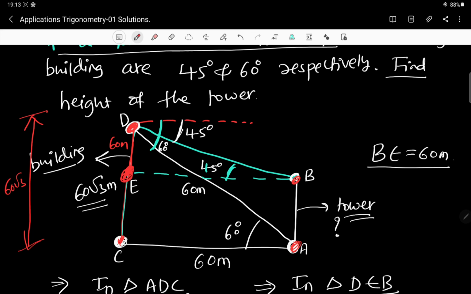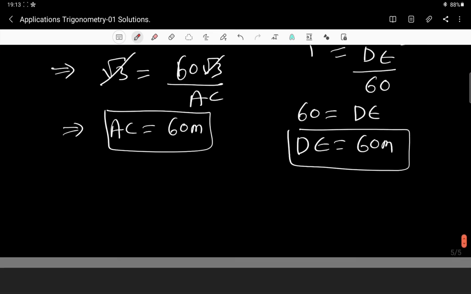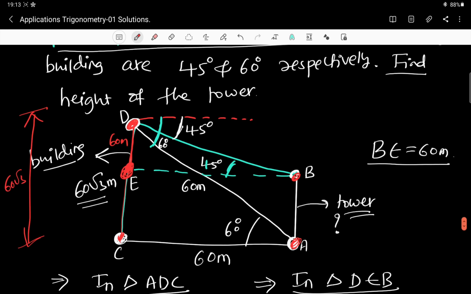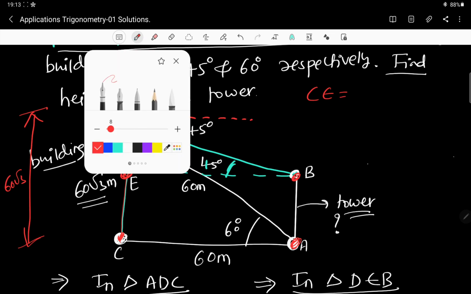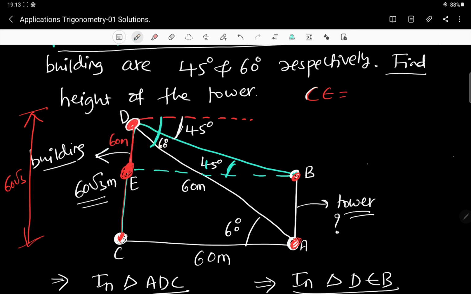All right. Now you must have understood the logic. Here only you should be able to do it. All right, actually I should go down and solve it, but here also I can help you. So look at this. What is this value of CE? If I rub this off, then you are able to understand this. Tell me, dear children, what will be the value of CE?